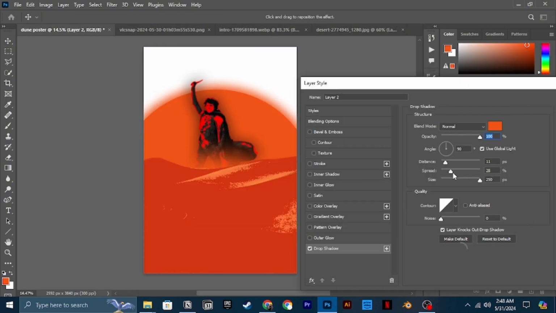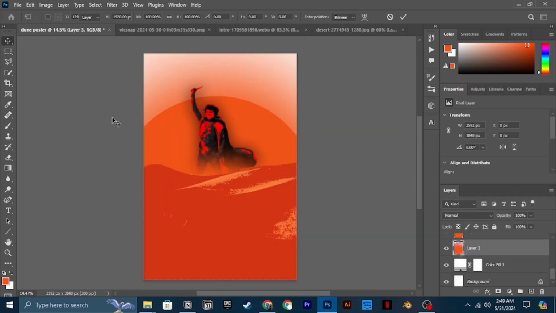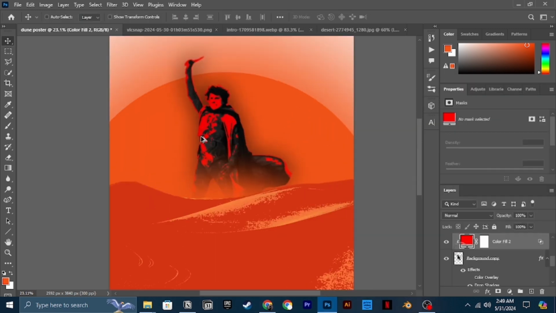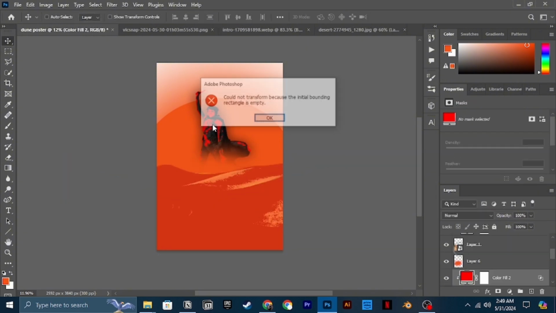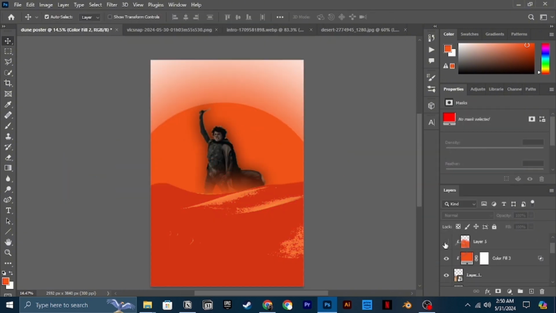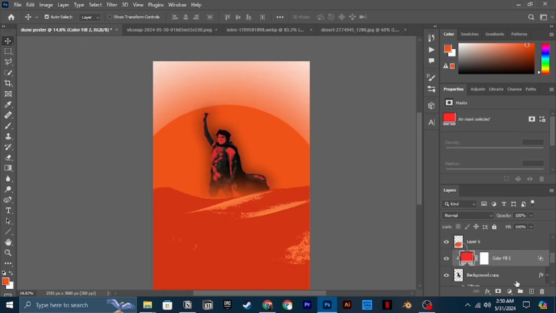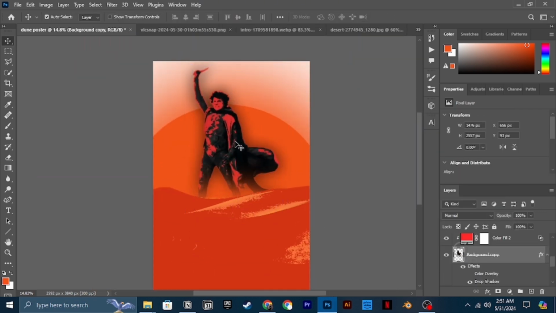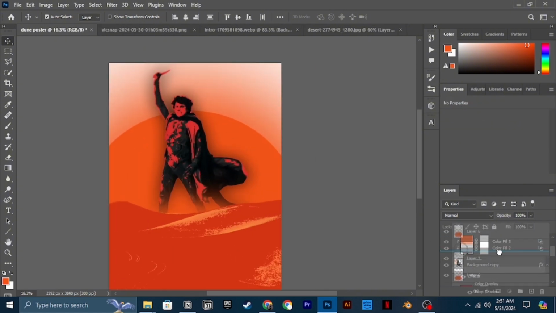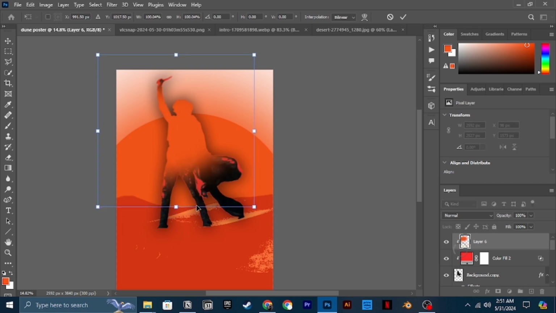I just changed the color of the desert and made Paul completely black, and also removed the glow from the sun and just made it completely flat. That's the only thing that happened in those two areas that I forgot to record.